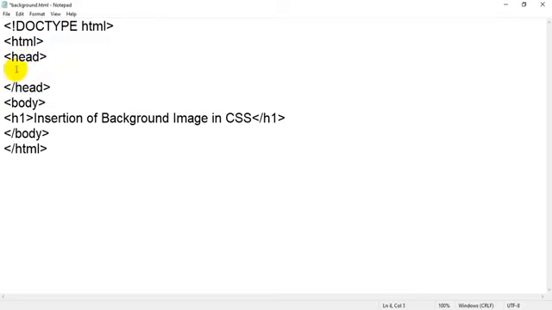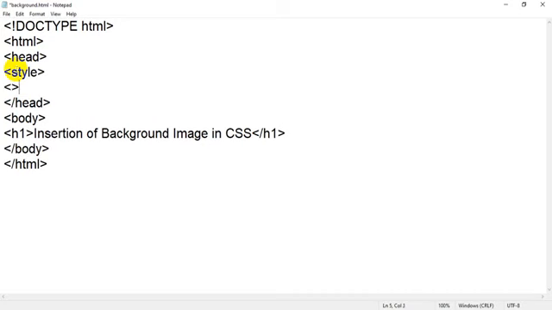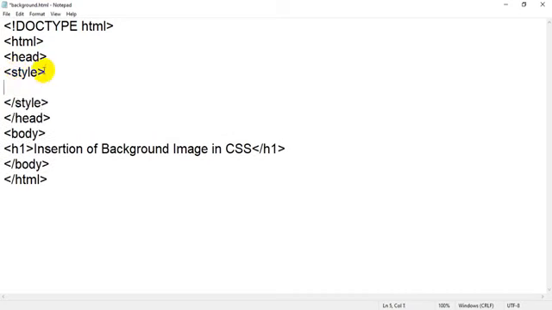Okay, so I will just type a style tag, then the closing style tag. Between that I am going to add a background. Where am I going to add the background? To my whole body. Students, if you are going to add a particular image in your website, at any place of your website you can add multiple images, but here we are going to add a background image, meaning a single image will occupy the whole page. So in that case I am using a background image.